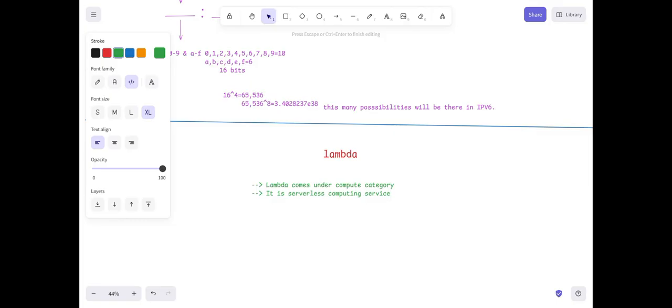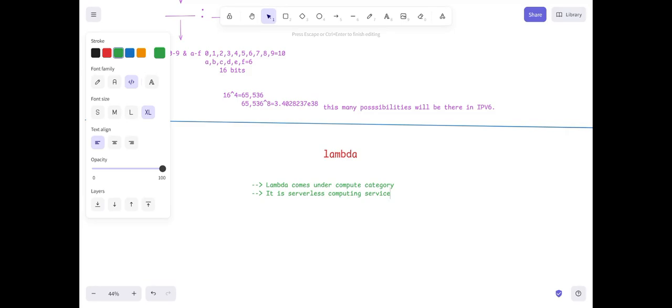So if you want to run an application on the server, you can run it, but you're not going to launch or start or stop that instance, or maintain the instance, or delete the instance. You're not going to do it manually. So how are you going to do it? By using this Lambda, without using the actual AWS console.